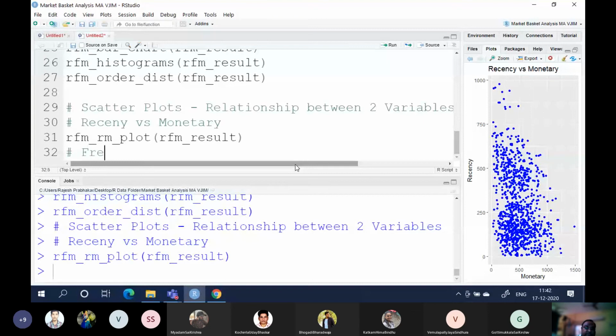Similarly, is there a relationship between frequency versus monetary value?